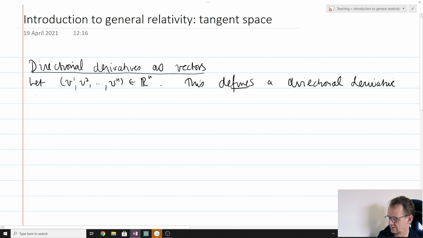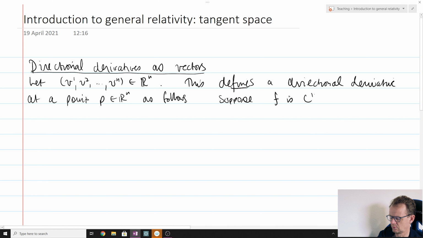Directional derivative at a point as follows. The way this works is you suppose f is an at least one-time differentiable function from Rn to R, and define v dot grad